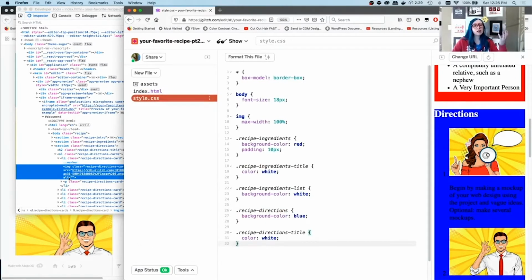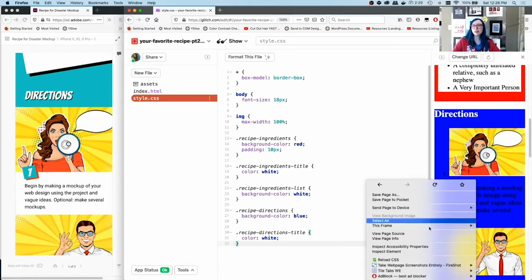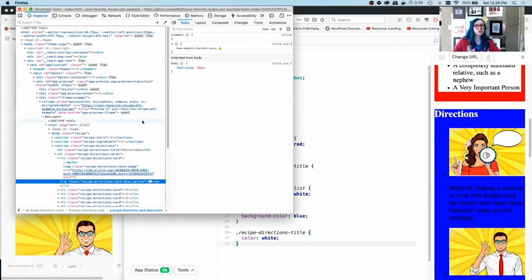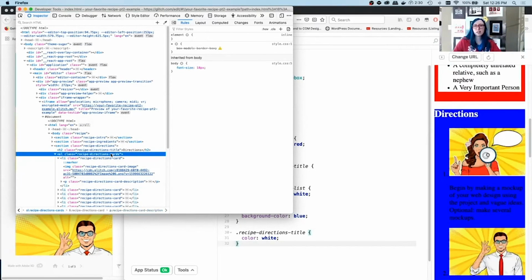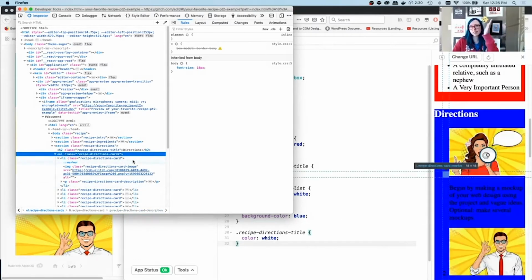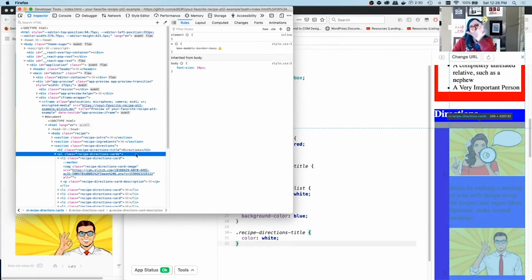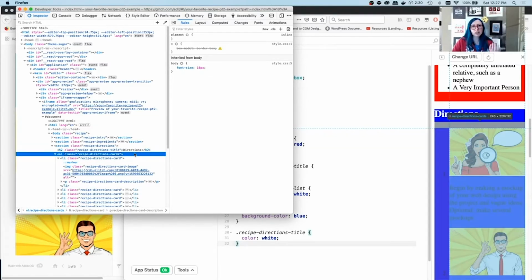So here I want to make the background of my card, this part, this whole thing white. So how do I do that? I can just right click, inspect element, and I'm just going to remember what was it I called that, right? So here's my recipe directions cards. That's the whole section. And that gives me some information by hovering over it. One thing that I can see is that there is some purple padding. There are some grid lines when I go to inspect it. And there's this chunk of purple on the left side. I don't know if you can see that, but looking over here, I can see that there's something going on there.